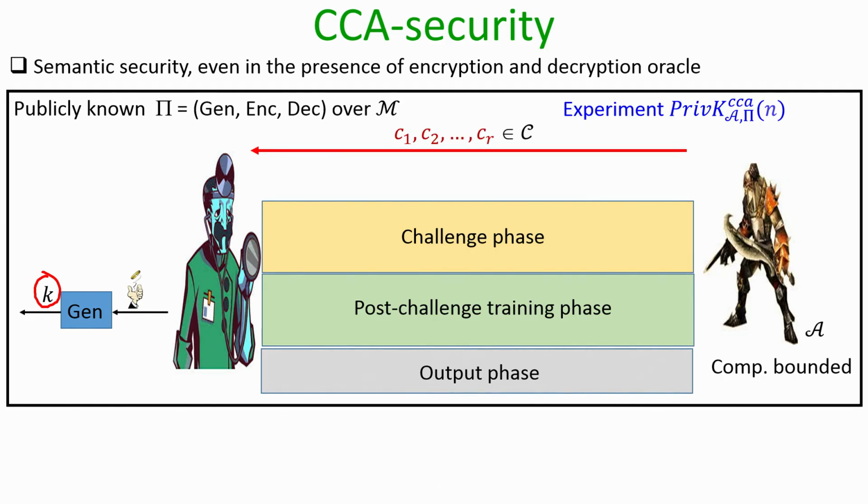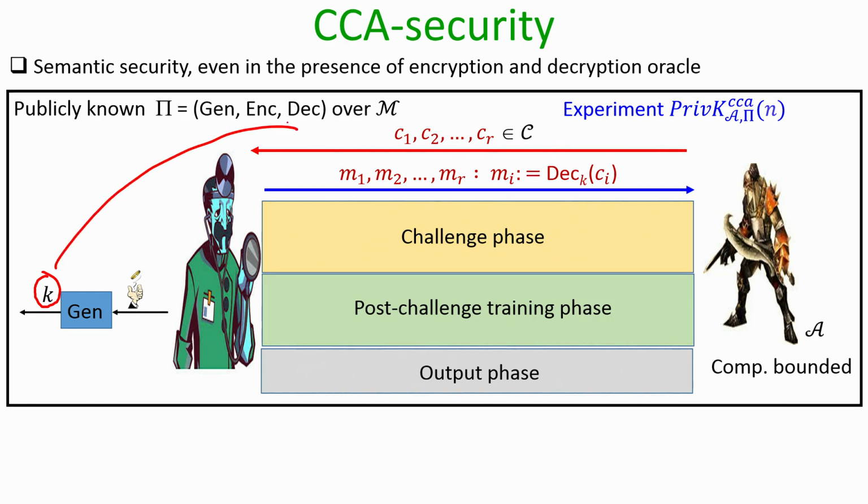So, it can ask for the decryption of any ciphertext from the ciphertext space of its choice, and whenever the adversary submits decryption oracle queries, the challenger or the experiment has to decrypt all those ciphertexts under the same unknown key k. I stress here that the same unknown key is going to be retained throughout the experiment for responding to the encryption oracle service, for responding to the decryption oracle service, and even for preparing the challenge ciphertext.